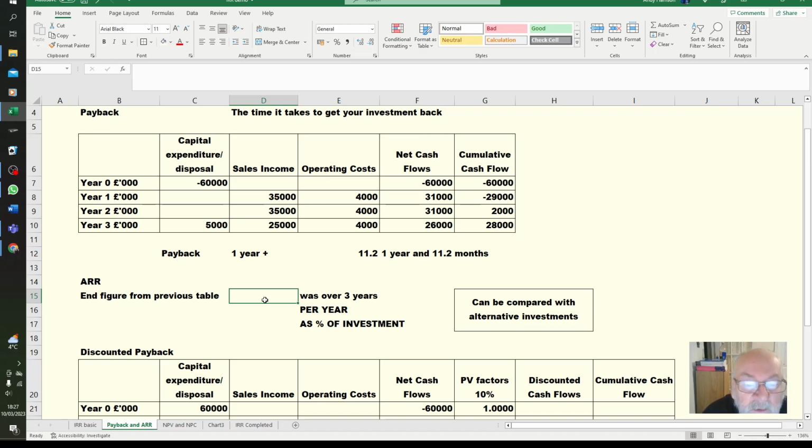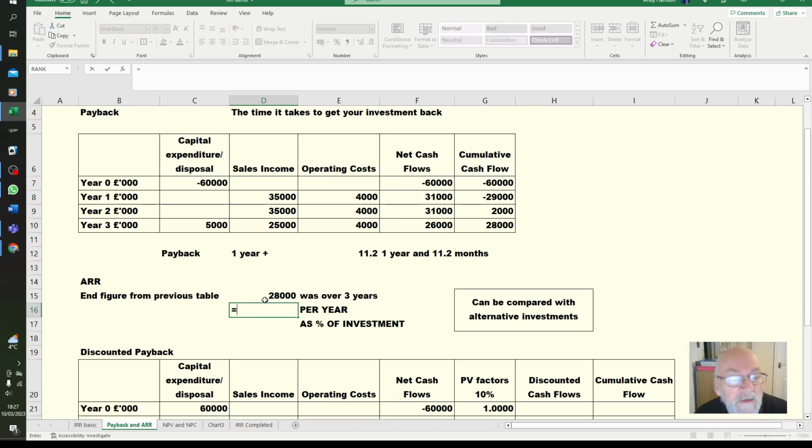So ARR uses the same data. That's why it's a very simple one. Once you've already done the hard work and you've worked out the cumulative cash flow, because actually we're interested in that 28,000 from our cumulative cash flow, and that was earned over 3 years. So if I then divide it by 3